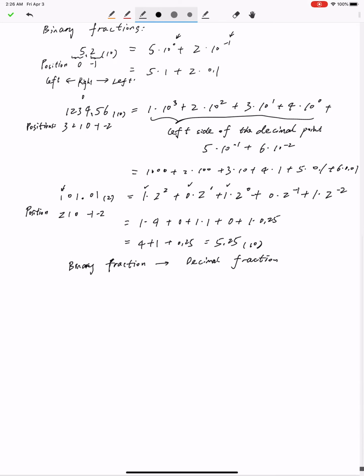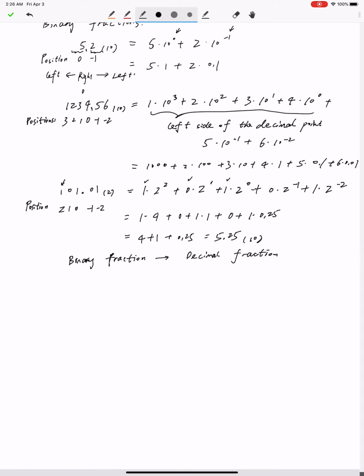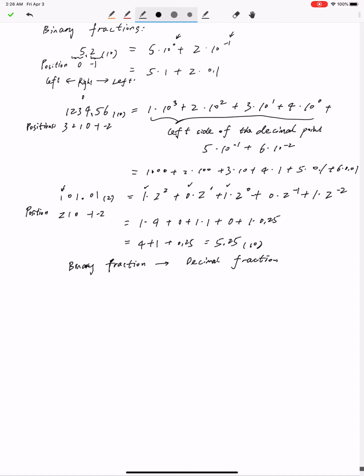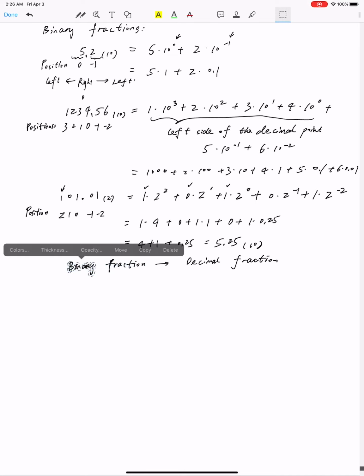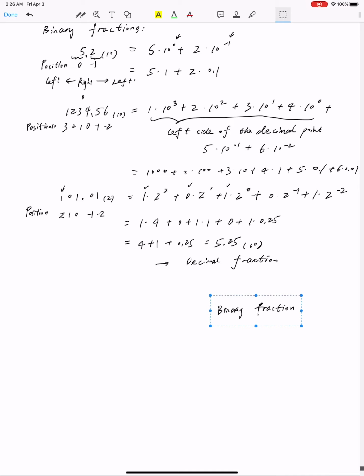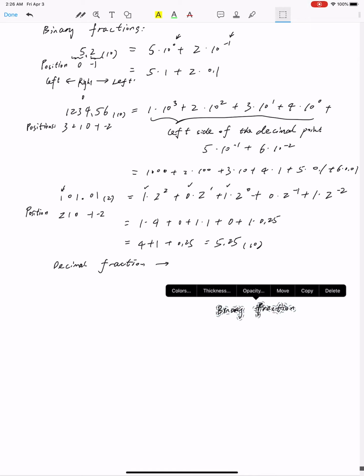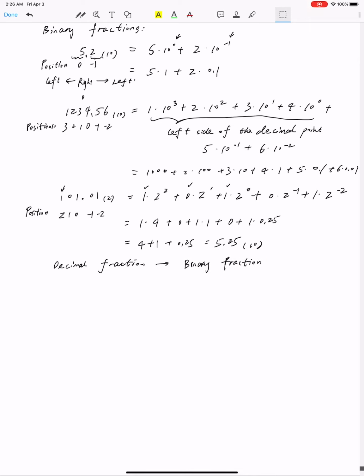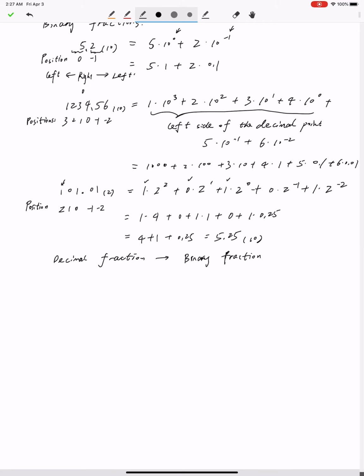The answer is yes, and the method is pretty similar. I'm sorry, the reverse way. Yeah, put this to the left hand side and put this to the right hand side. Right. Can we convert a decimal fraction number to the binary fraction number? The answer is yes. And the method we use is called